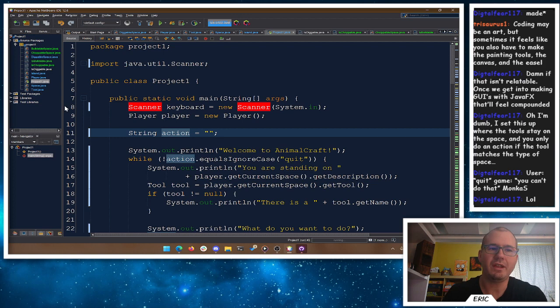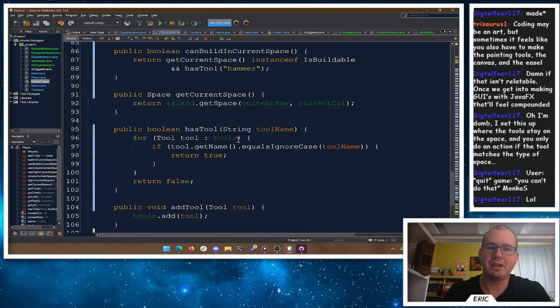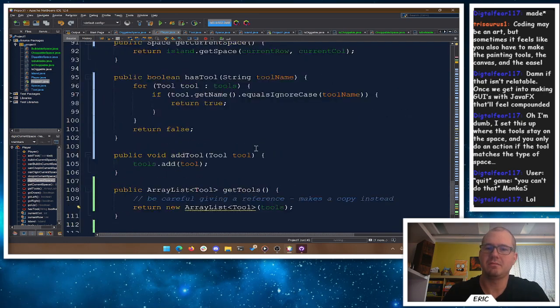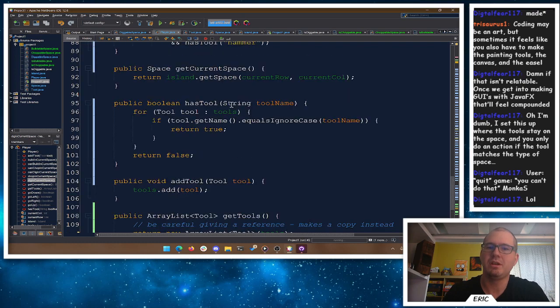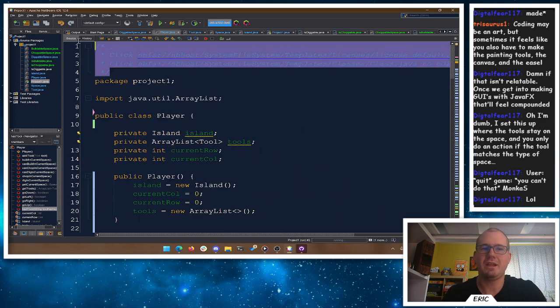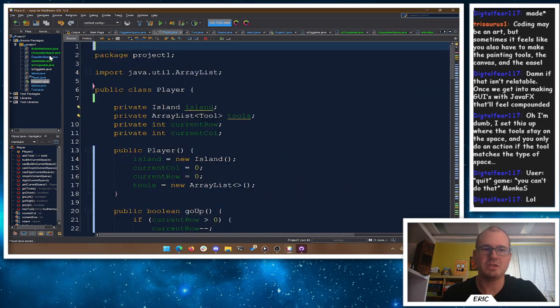But all these classes, we could lift and shift into a mobile application or a graphical user interface application or a web application if we so cared to. Remember, classes should not have any input and output. Anything that you would want as input should be an argument, and it should return values. The classes shouldn't do any System.out.println, because the class has no idea if it's going to be used in the console or not. The class shouldn't care. So the class shouldn't depend on using System.out.println anywhere. You want all that to happen